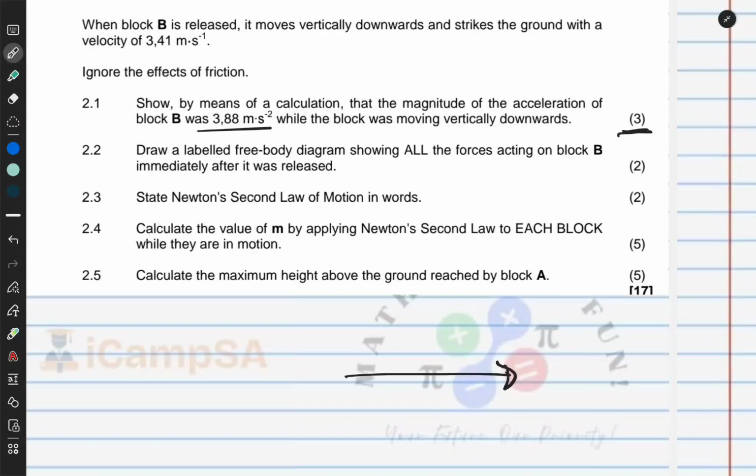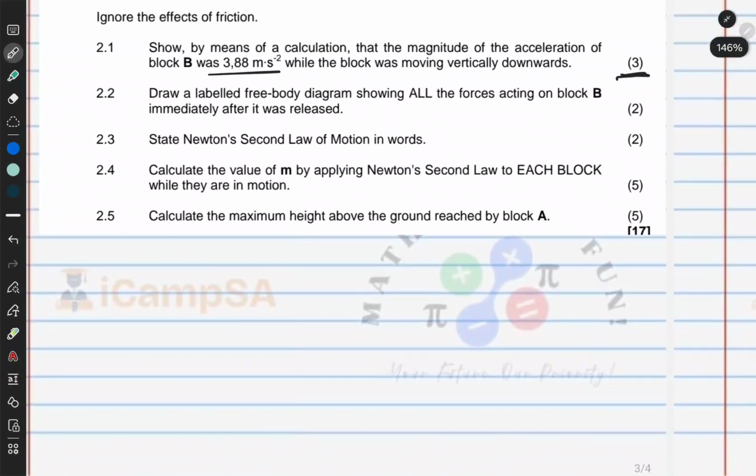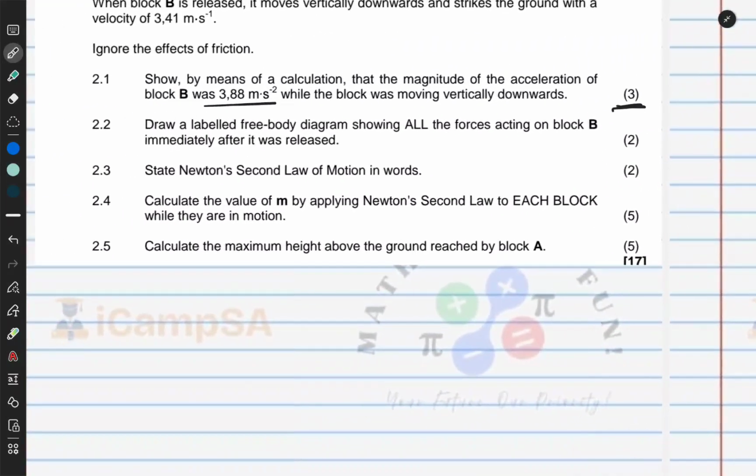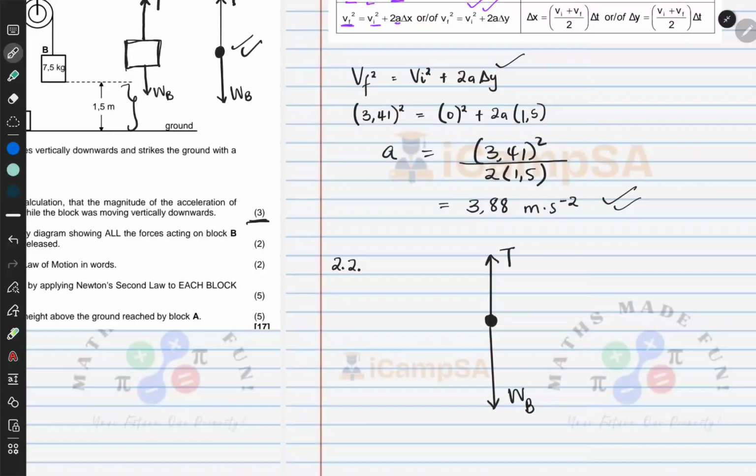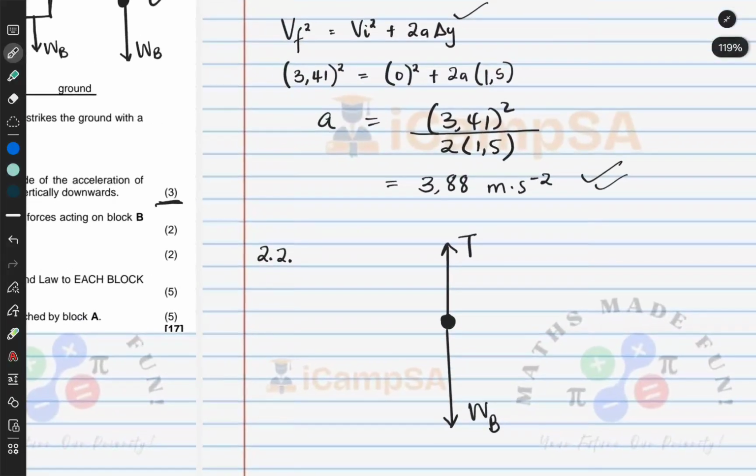All right, so that's what the law basically says. I won't write it now because it's something you probably can sing at this stage, okay? So now we have 2.4. Before we continue, if you check my 2.2 where I draw my free body diagram, notice that the